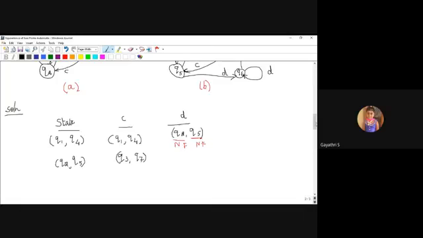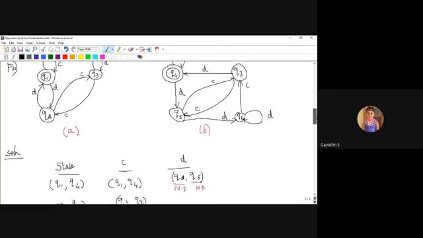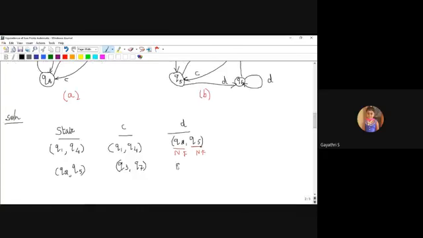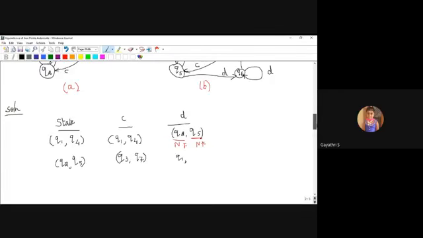Next, Q2 on D, which goes to Q1. And then Q5 on D, which goes to Q6. I'm going to check the value, whether this pair is valid or not.